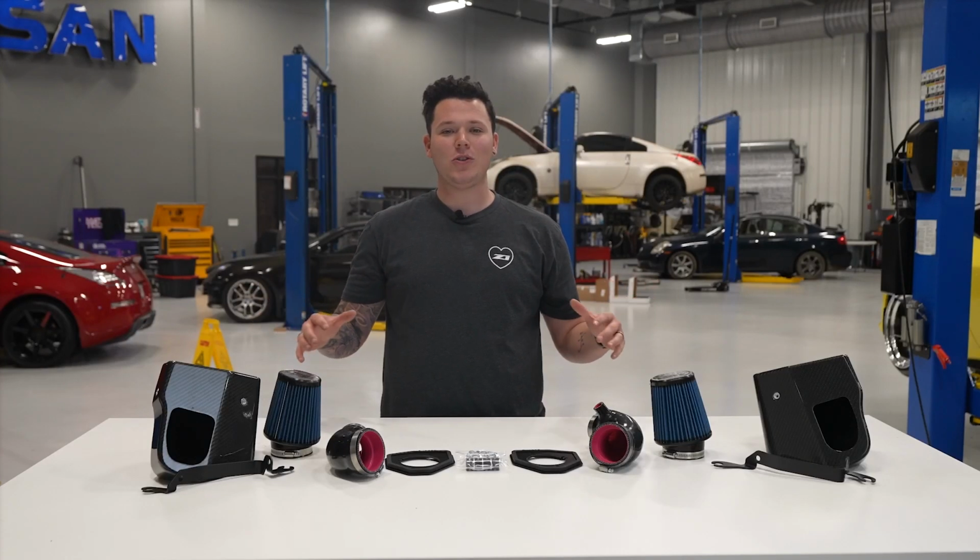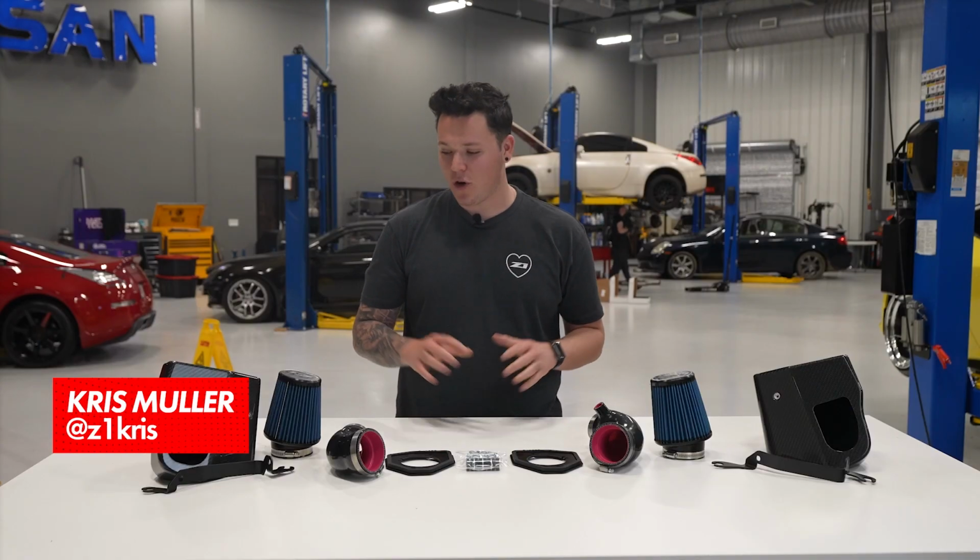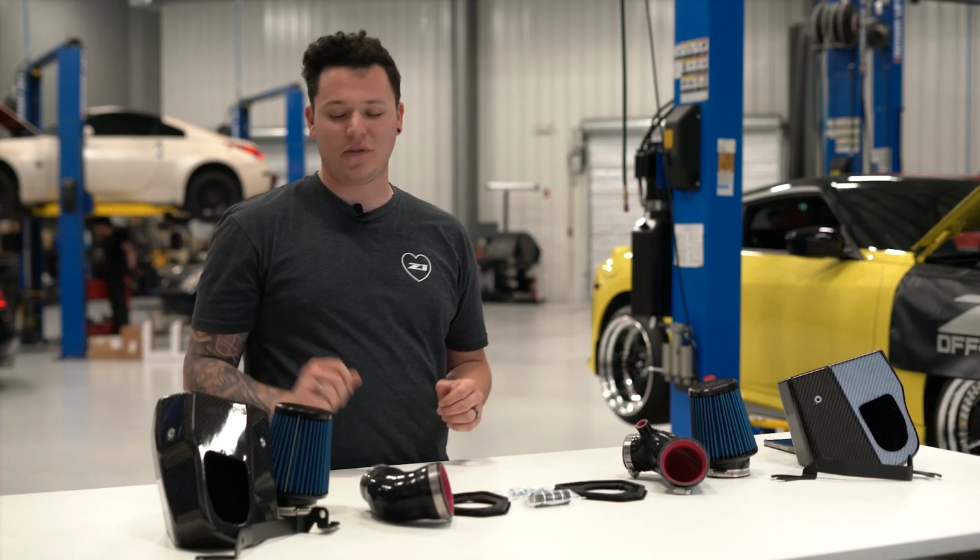Here we have the all-new carbon fiber cold air intake for the new Z. It's a well-known fact that more cold air equals more power. Here at Z1, we have formulated a great option for you new Z owners with our beautiful looking carbon fiber